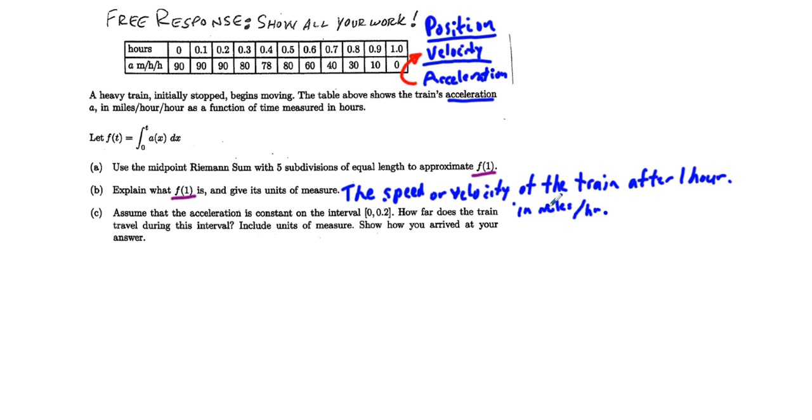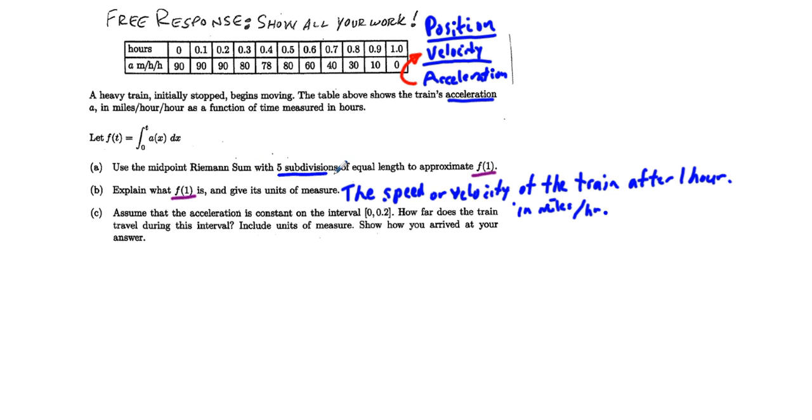And to remember that we're going in miles per hour, we're talking about a heavy freight train. That really helps us out. If we get some ridiculously high number in the hundreds for velocity, we know that probably hundreds of miles an hour, in other words, that's probably not going to be an accurate answer. Well, here we're given